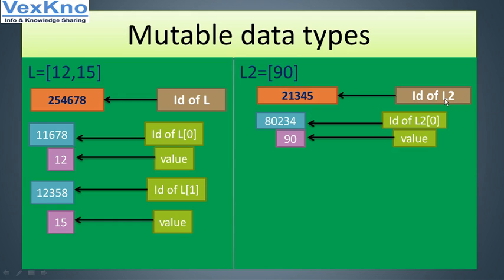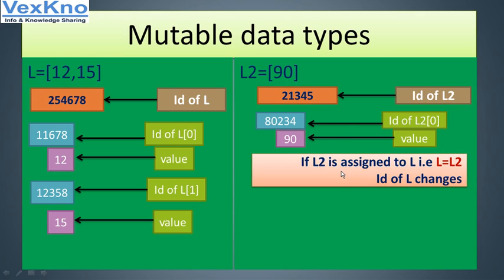Now this is the ID of L2, for example. L20 will have maybe any assigned ID. We are using these numeric IDs, but that does not mean your system will show them this way. In the system you will have a new ID. These are simply reference numbers which we are using. So 90 has this ID. This is the description of your list in terms of ID and the values.